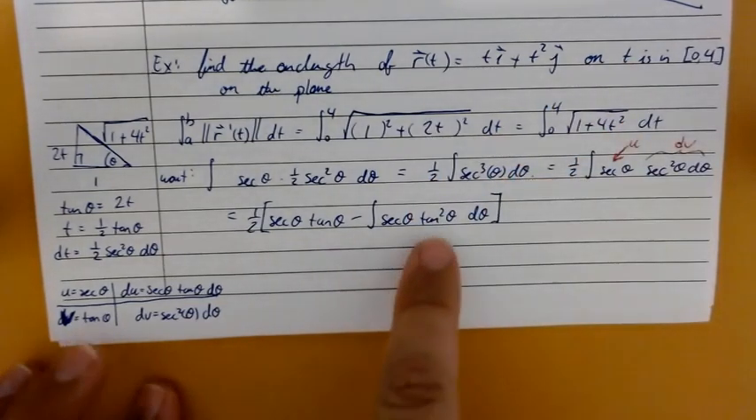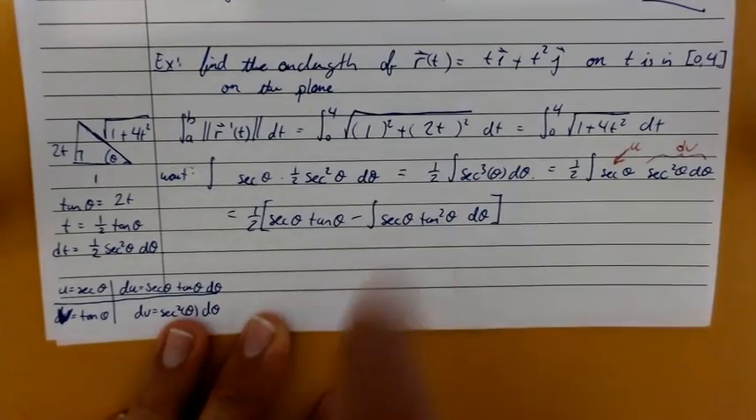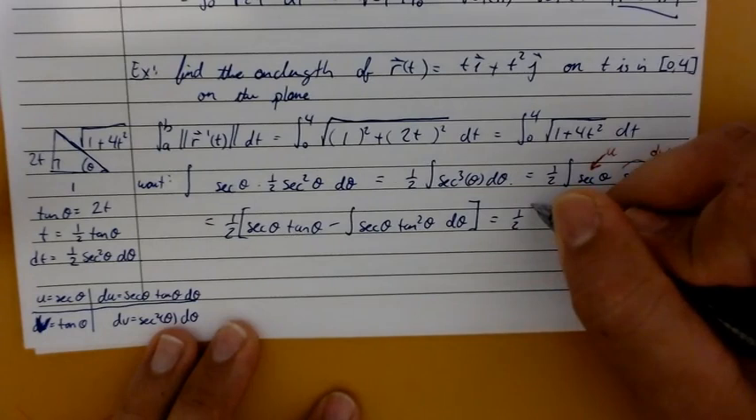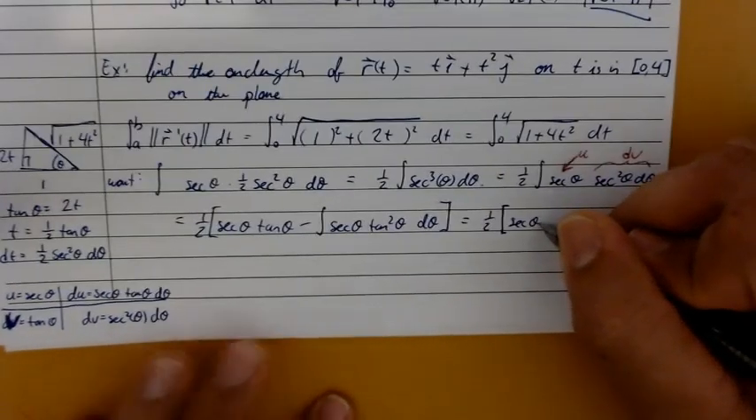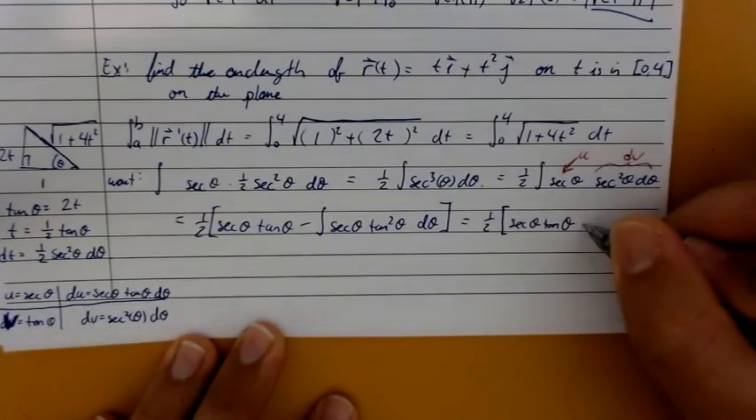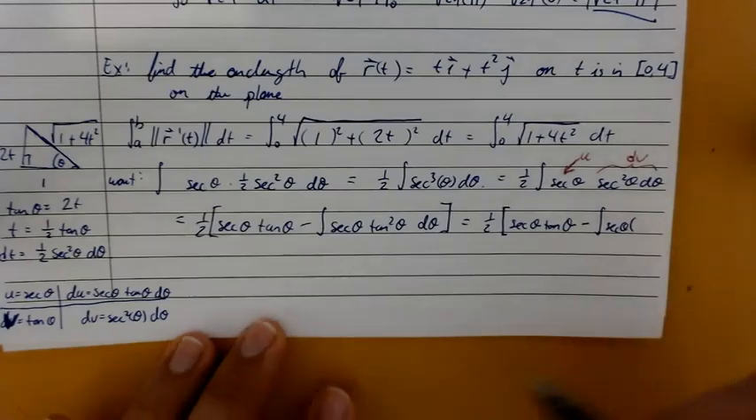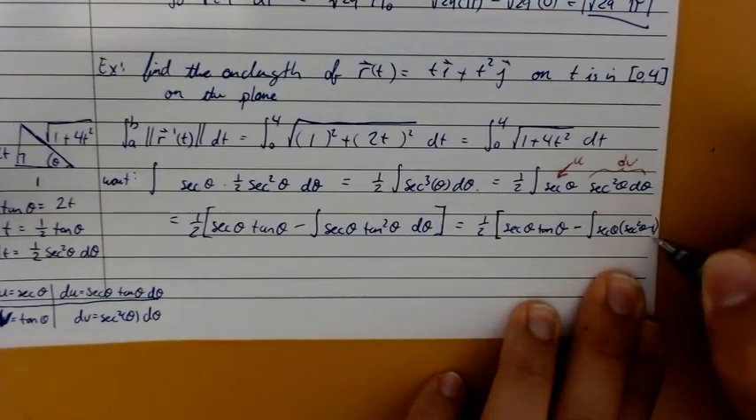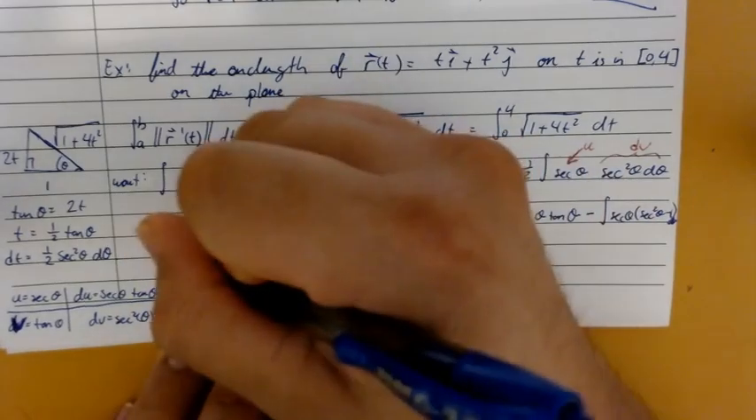Like that. Okay, so now we're going to convert this one. There's a Pythagorean identity that tells us that the tangent squared of theta is the same as the secant squared of theta minus 1. So this is 1/2 times secant of theta tangent of theta minus the integral of secant of theta times secant squared of theta minus 1 d theta. Okay. So now we can write that as 1/2